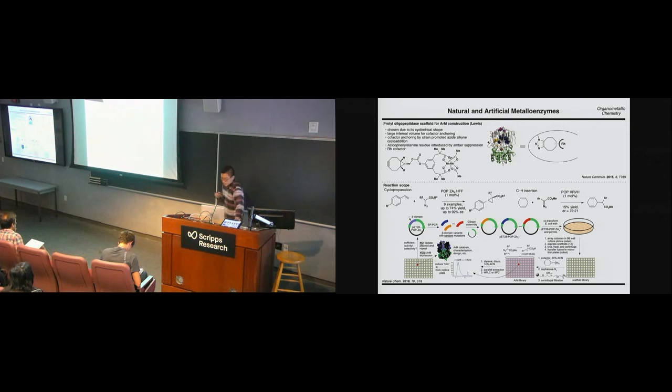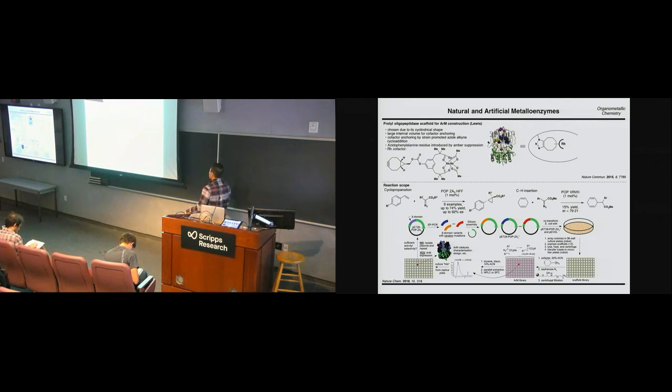Okay, so by incorporating all of this technology, they were able to generate this type of artificial metalloenzyme. In terms of the types of reactions that they can do, this is a rhodium complex, so unsurprisingly, you can do several different types of carbon transfer chemistry. You can, of course, do cyclopropanation, and they've shown that they can get pretty good ee for cyclopropanation of a range of styrenes. And in this case, the R group here is actually an aryl group, so it's a push-pull donor-acceptor carbene. You can also do C-H insertion,